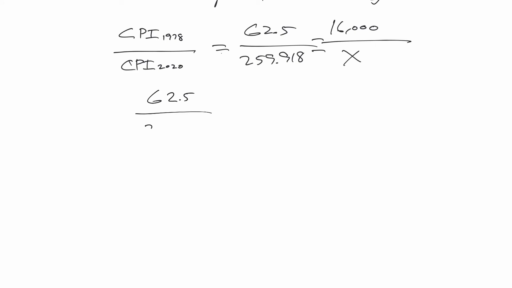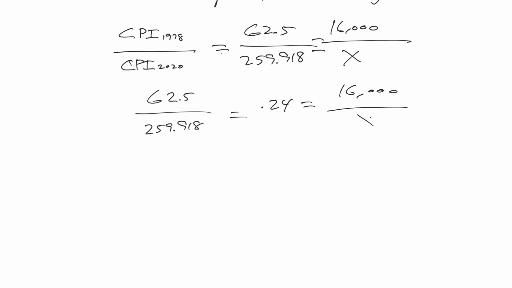62.5 divided by 259.918 equals 0.24. I'm just going to take it out a couple of places. In fact, I think it's kind of funny. They take this out to 3 places. I mean, come on. That implies a level of accuracy, a preciseness that just doesn't exist. But whatever, right? Okay, so 0.24 equals